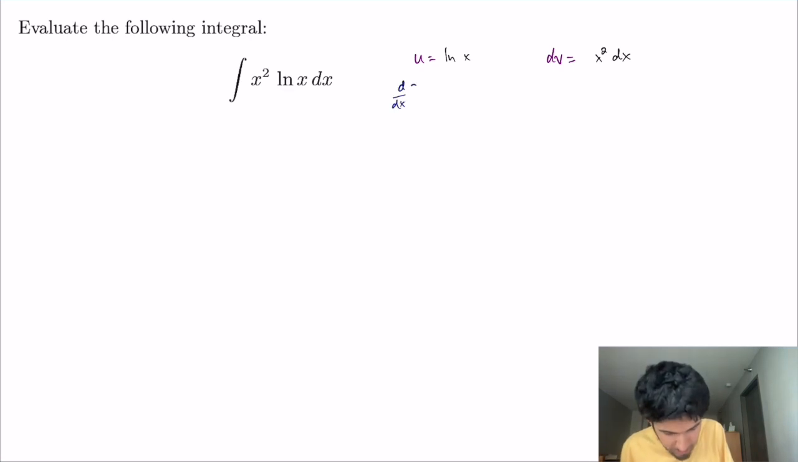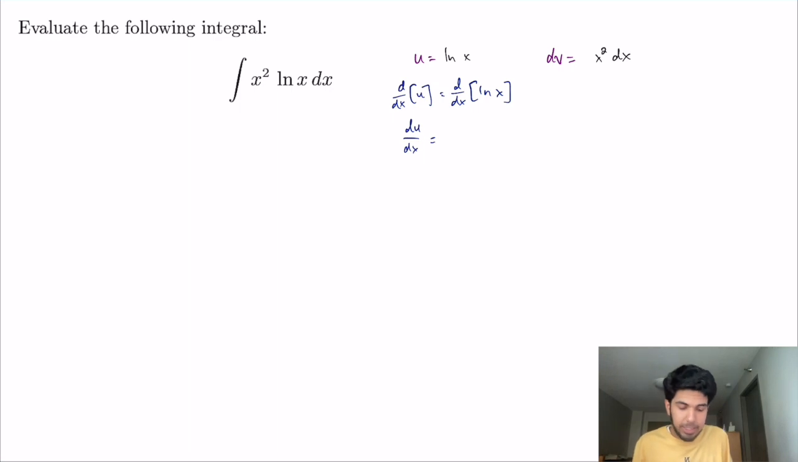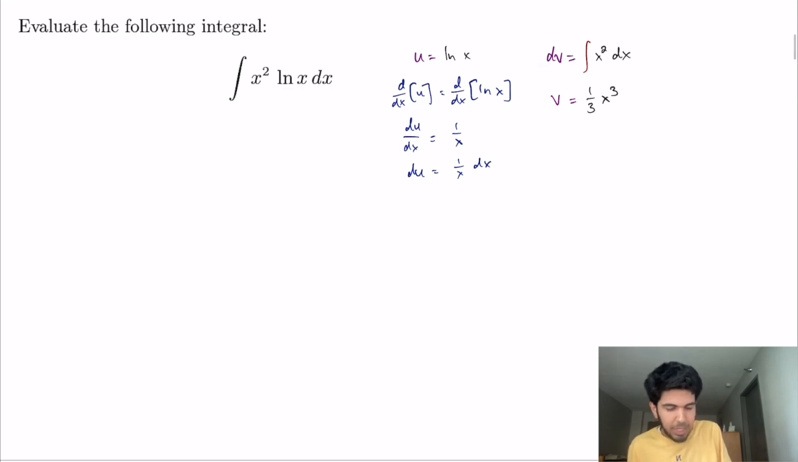We'll take the derivative of both sides, and this will give us du dx is equal to the derivative of ln x, which is 1 over x. So that means du equals 1 over x dx. For finding v, we'll take the integral of both sides. The integral of dv is just v, and the integral of x squared, power rule, is 1/3 x cubed. So now we have our variables to work with. I guess I'll draw boxes around them